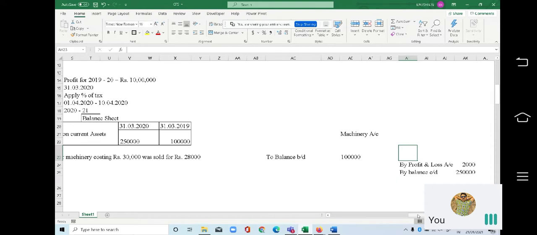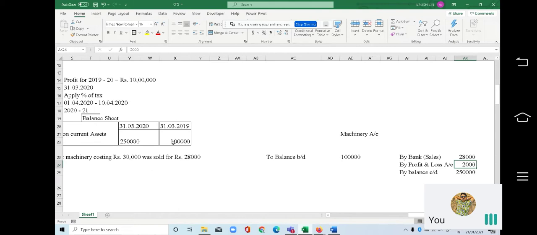Machinery account debited to sales. When you do a sale, you won't get cash, is it? So how to frame the journal? Very good. Cash or bank account debit to machinery account. So in the machinery account, I will bring that sales: by bank, which will be sales. I'm mentioning this for your convenience and reference. What is the amount of sale? I have done the sale for rupees 28,000 given in the question, so I have to mention that 28,000 over here.